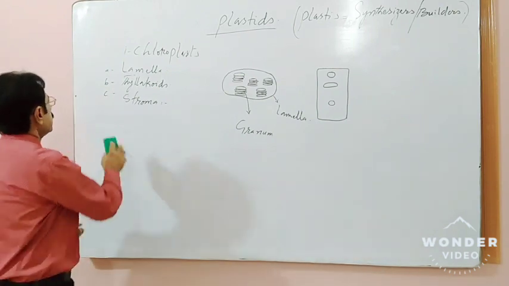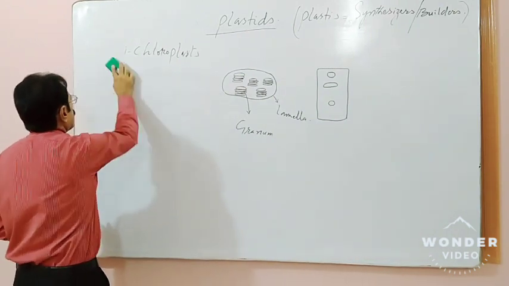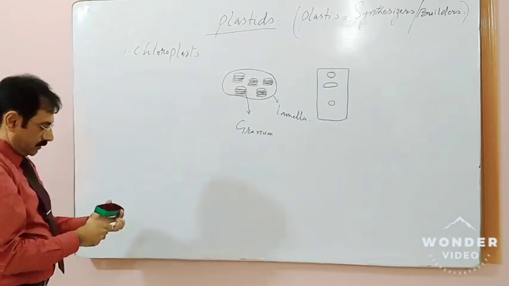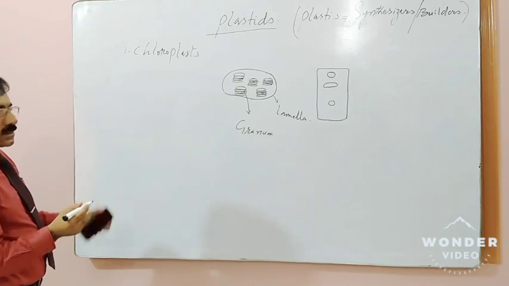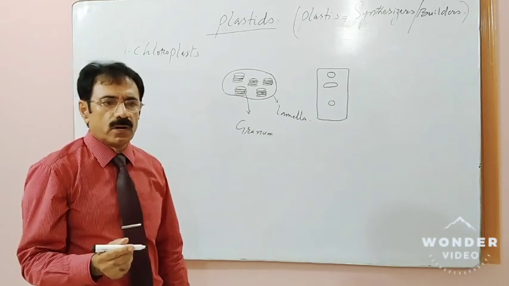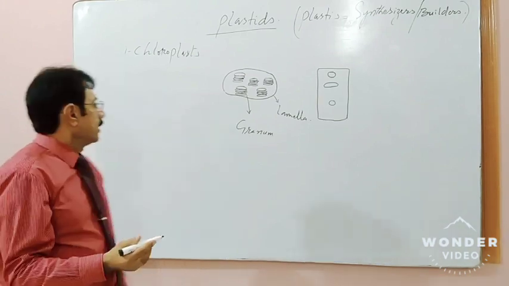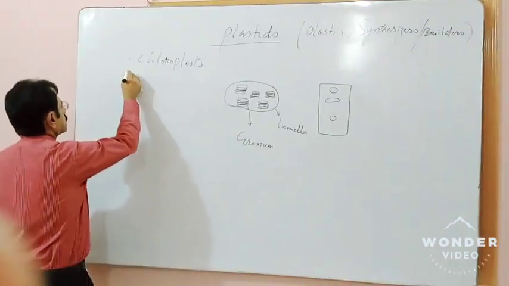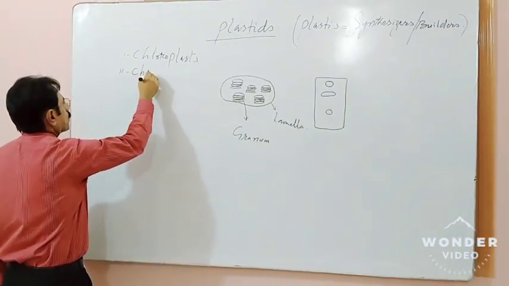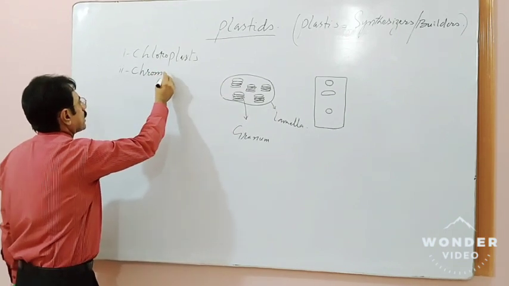And number 2, let us say number 2, chromoplast. Chloroplasts generally occur in the green plant parts, including the leaves. And chromoplast, chromo meaning the colors,